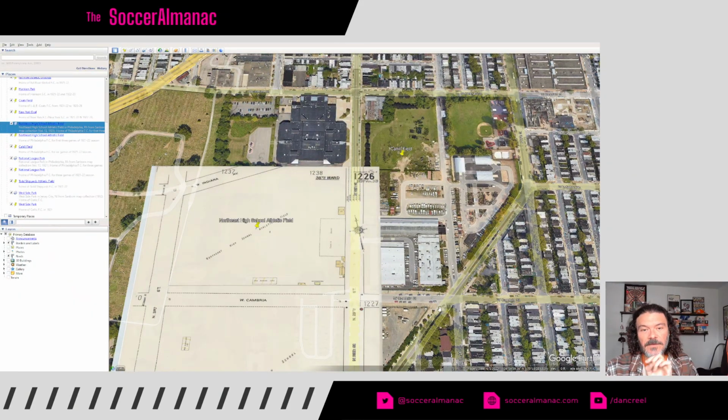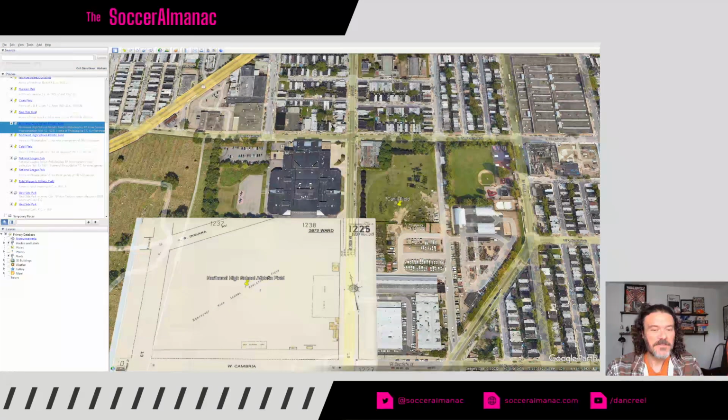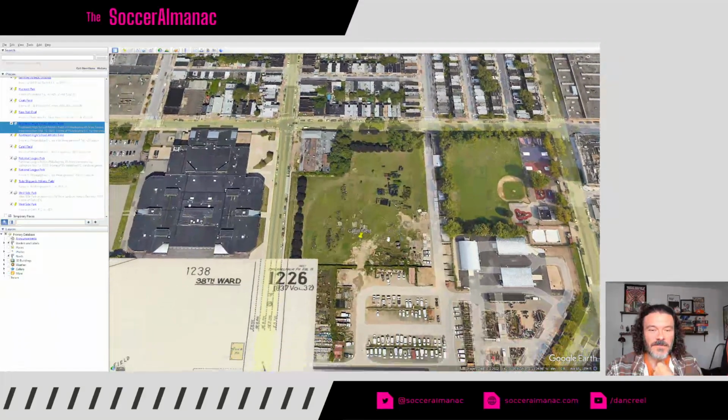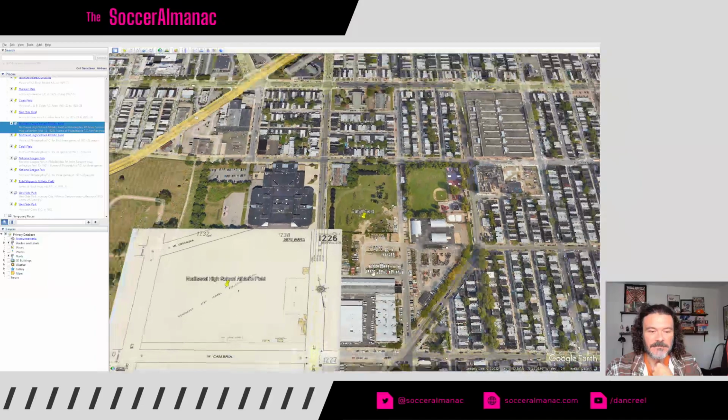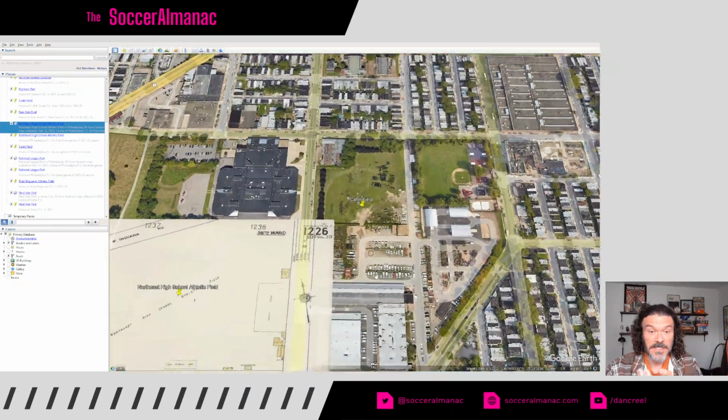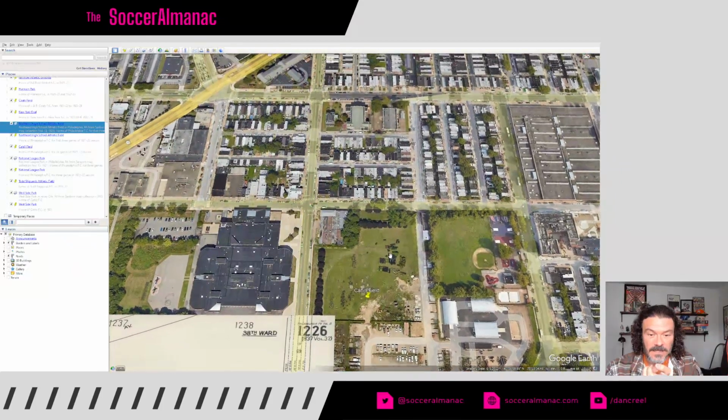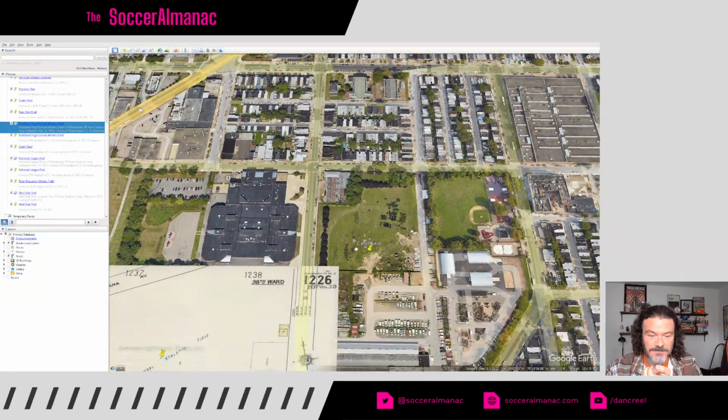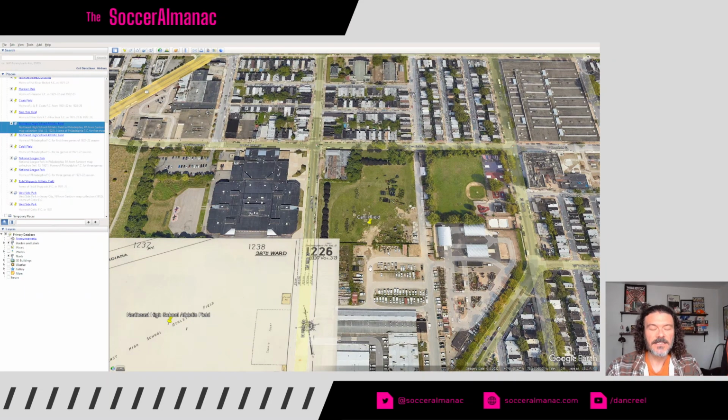The main field Philadelphia FC played at for this season was Cahill Field, which I thought was the same one, but it's actually here. I don't have a picture of it. Now it's been taken over by like the Philadelphia Water Authority or something like that. You can see again the bit of a track running this way. I believe the field was oriented like this. The grounds were I think either leased or bought by the Roman Catholic High School as their athletic field, and built Cahill Field. Doesn't have anything to do with Thomas Cahill. It's a completely separate Cahill from the American Soccer League.